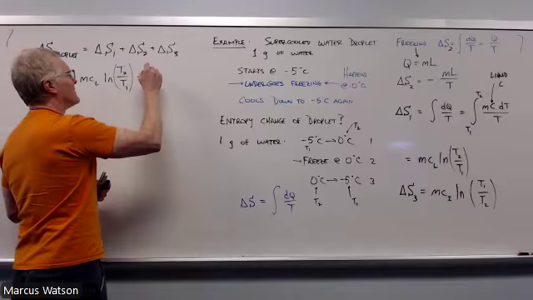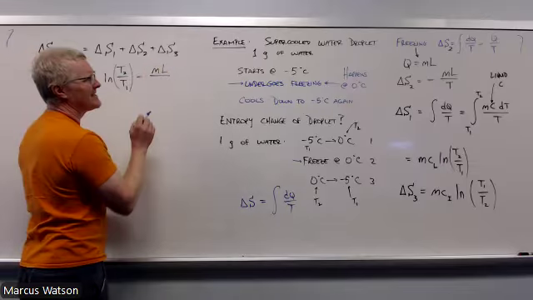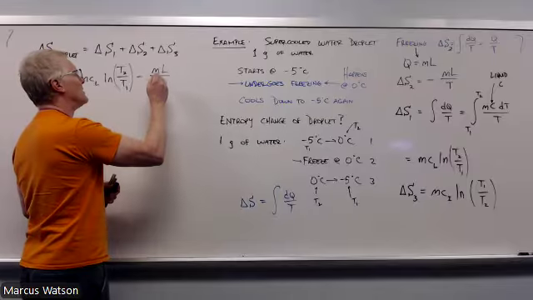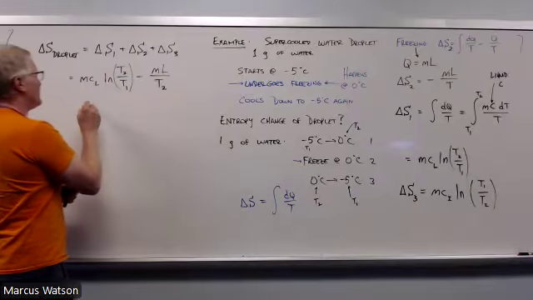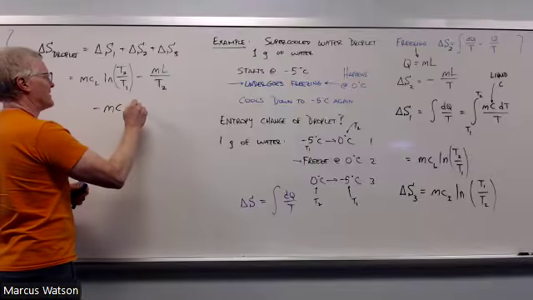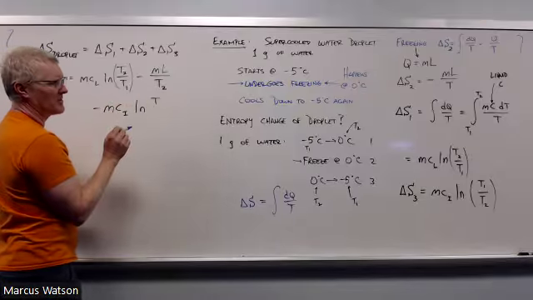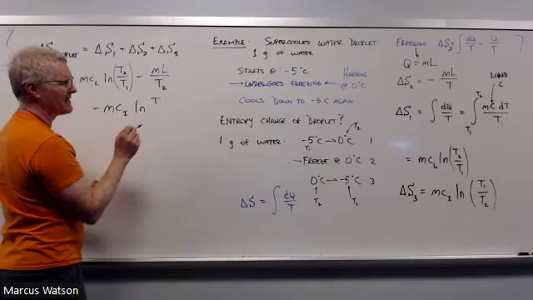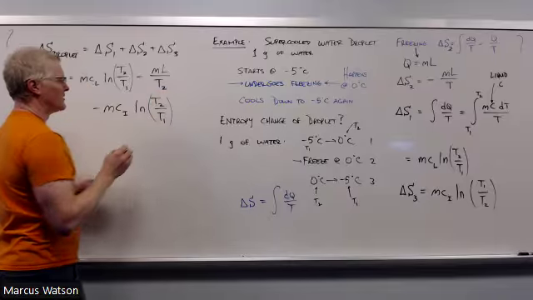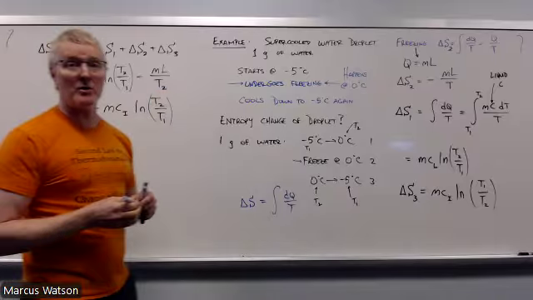Minus ml over T. And now that T that I'm talking about, which one is it? It's T2. And I've also got left over the ice specific heat, I've got the log, and I can be tricky about this and bring my negative sign out and flip over the ratio if I wanted, rather than adding what I already know is a negative number.